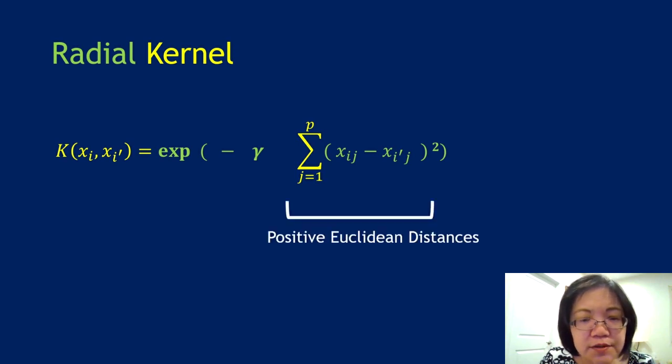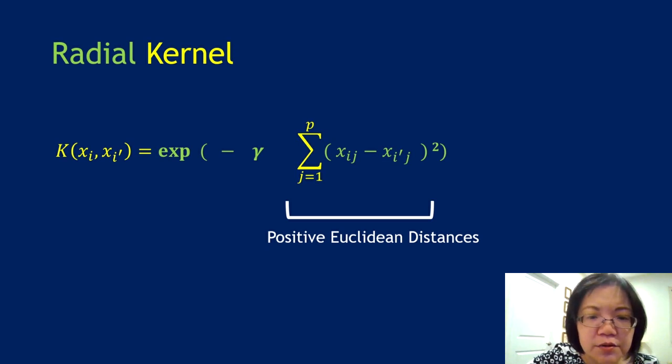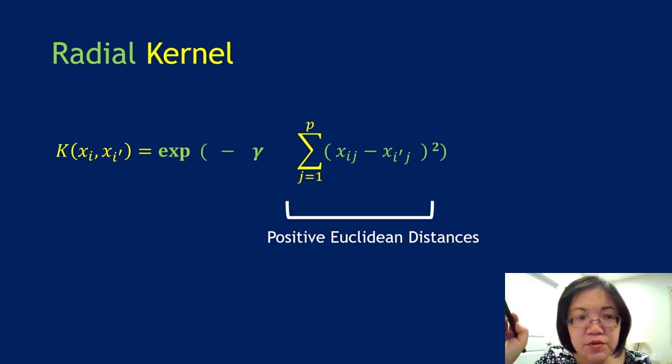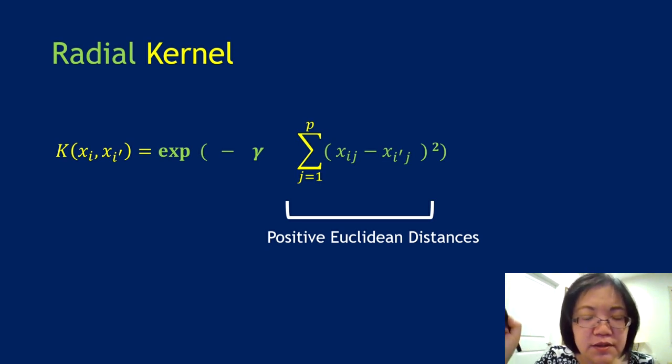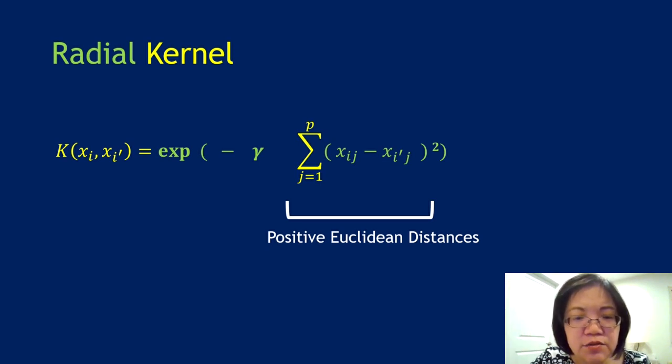So how does this work? Well, radial kernel, as you can see, this is no longer an inner product. Remember, we used to have a term that's an inner product, but here this is not an inner product. This is a Euclidean distance. So this is taking two points, any point in any dimension, and we will just measure the Euclidean distance between the two, square that, and you will get this squared Euclidean distance term that's always positive, and we will